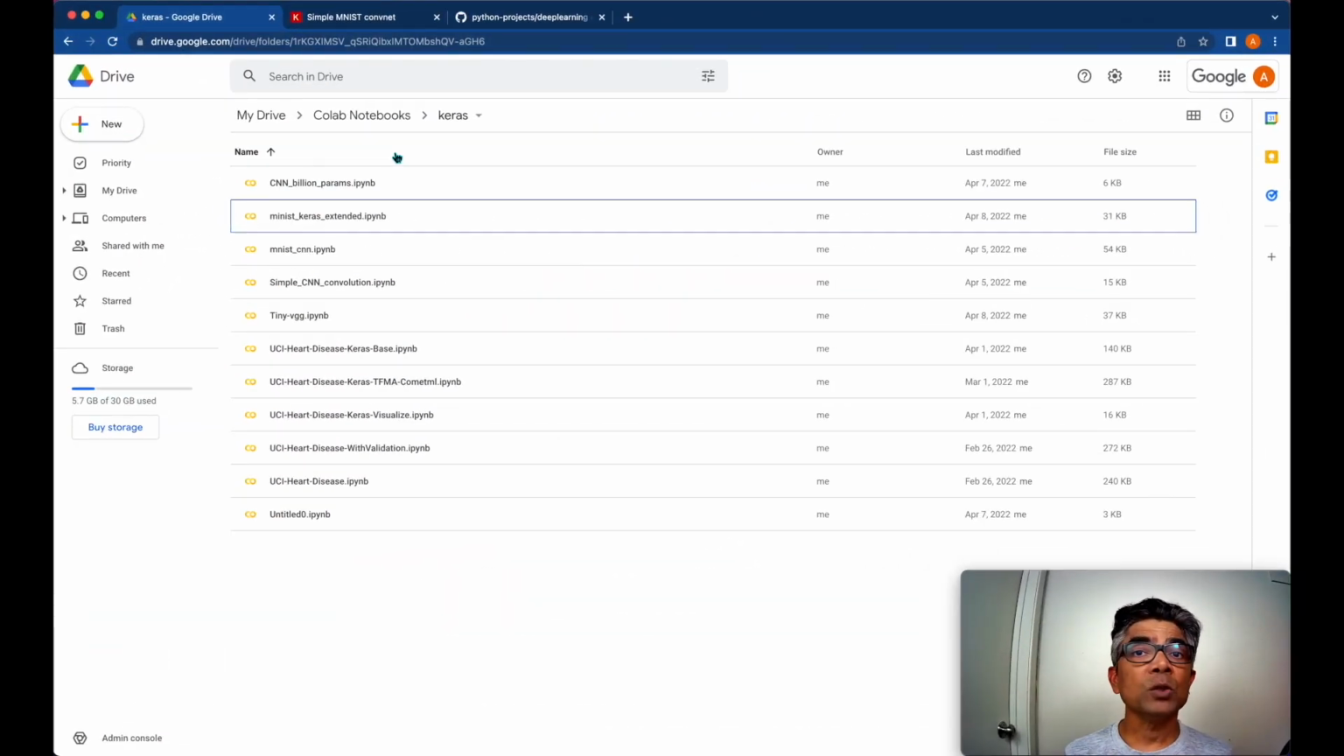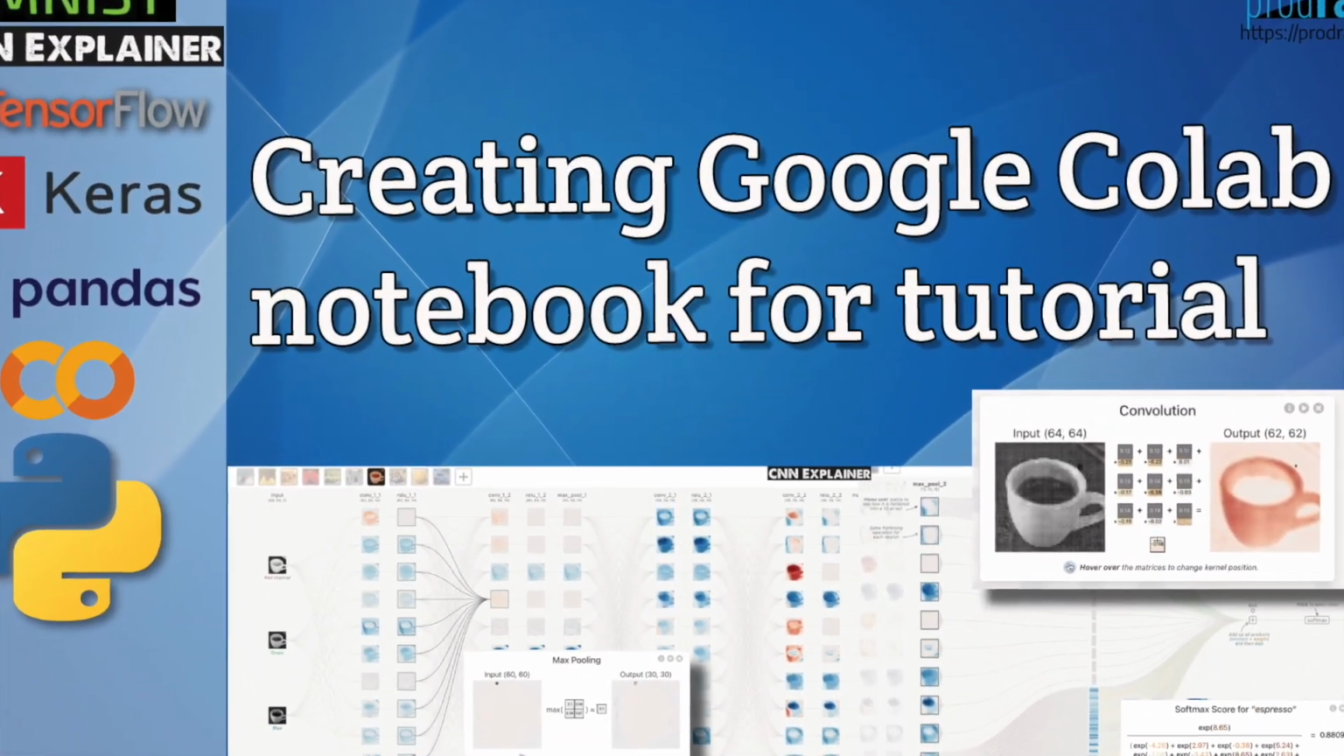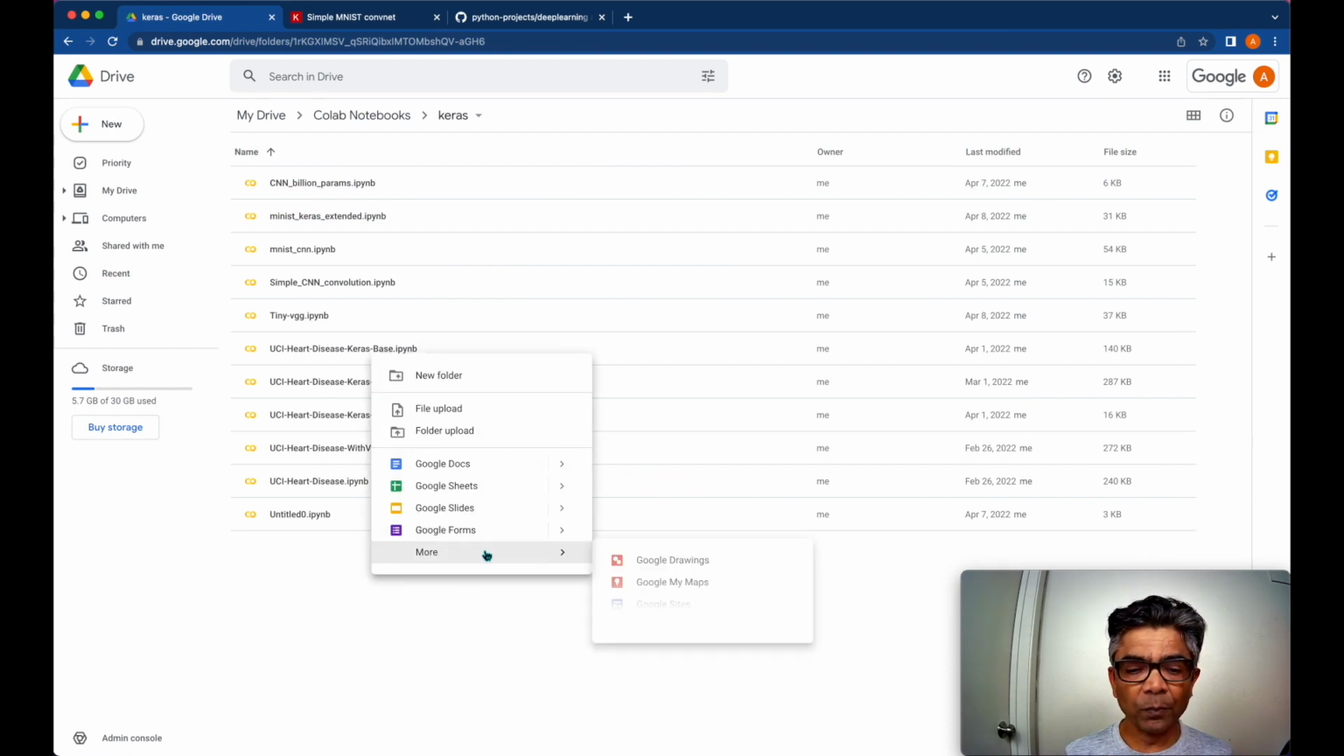I am using Google Colab. I always say if you are not using Google Colab, you are losing a lot. You must use Google Colab. It's a free resource available for you to just enjoy and learn. So I will be creating a new Google Colab